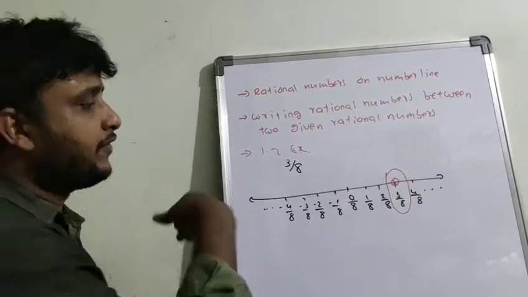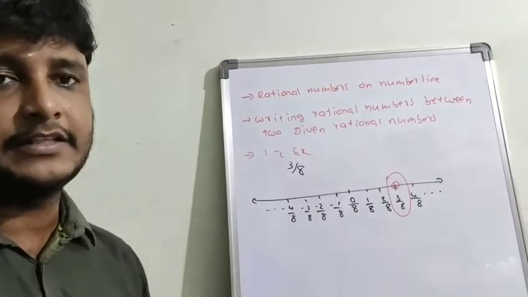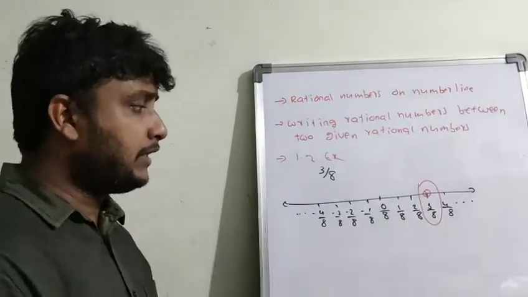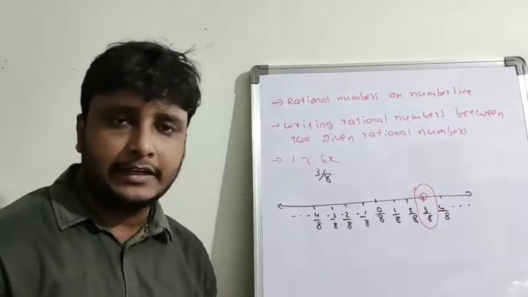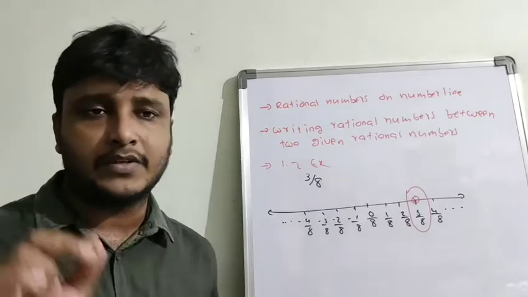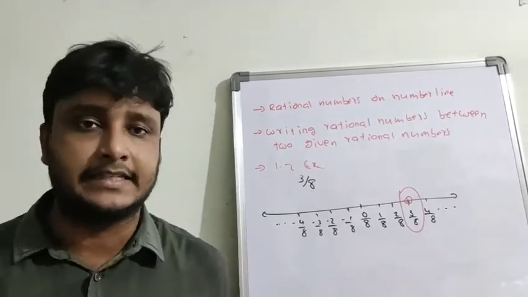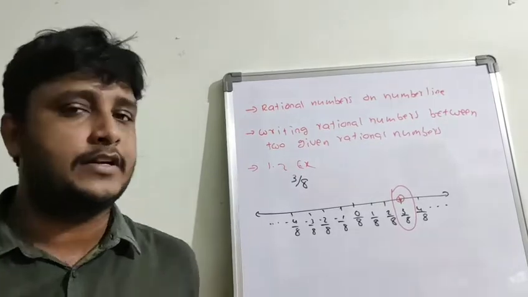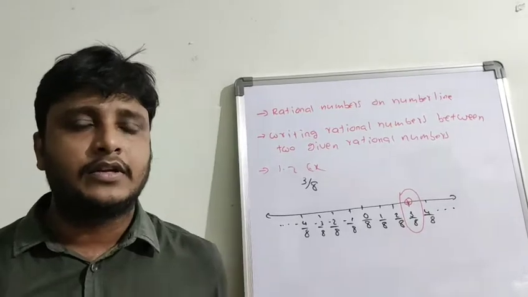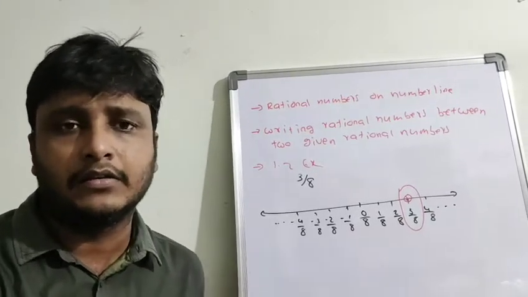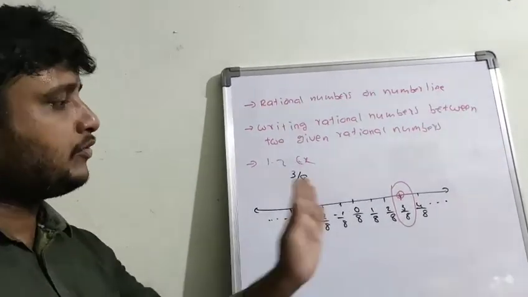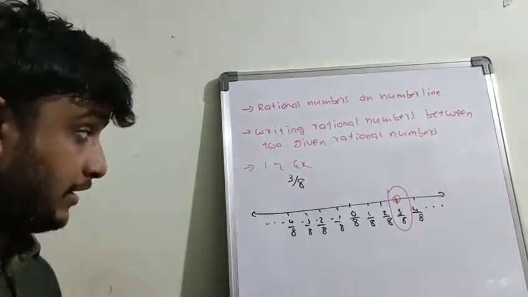And say, for example, if two different numbers are given with two different denominators, you have to take two different number lines. And one more thing: why do we consider only the integers number line? The definition of rational numbers is numbers in the form p by q, where p and q are integers. Integers only we take as numerators and denominators, so you have to consider only the integers number line. If you take the natural numbers number line, you will not have any negative numbers, but here negative numbers are available, so you have to consider only the integers number line.